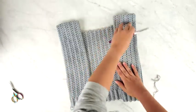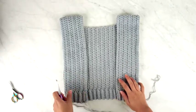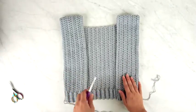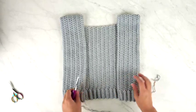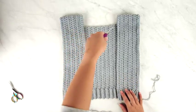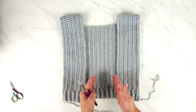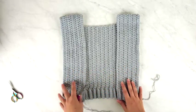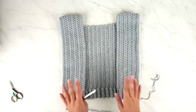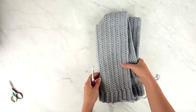Now the front panels of the cardigan at this point do look a little bit narrow, but that's because we're going to come along later and add in the neck edging. So we're going to work all around the neck and make a section that adds width to this, but also makes enough of a collar to fold back a little bit. So we are now done with the body of the cardigan,